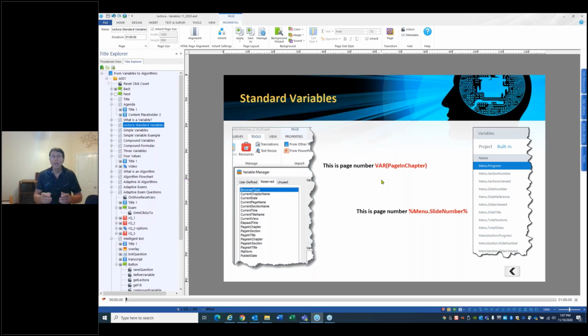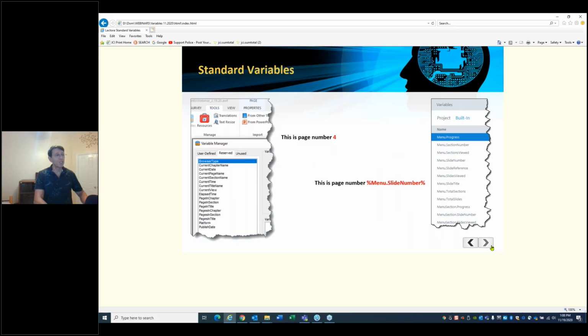So to sum up, by using a standard variable that comes with your development program, you could insert something that is not always the same, like a text box or picture, but changes. In the example I'm showing, the page number is going to change depending upon whether you're on page 1, 2, or 22. Hopefully, that's pretty simple to understand.